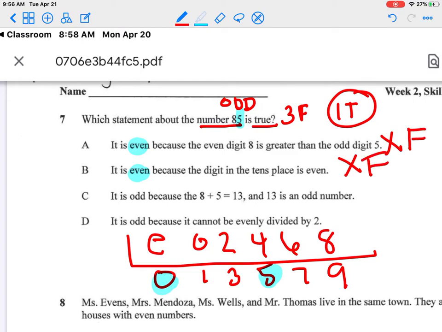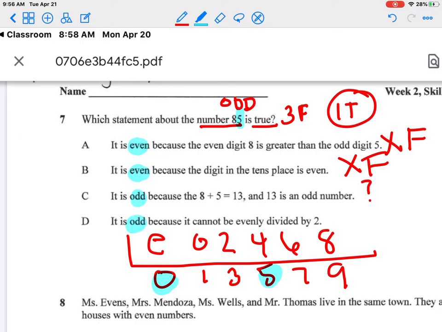Letter C. It is odd. Maybe. Because 8 plus 5 equals 13, and 13 is an odd number. Even if I'm not quite sure, I'm going to leave it as a maybe because it's odd. And I still have 1 more answer choice. Letter D. It is odd